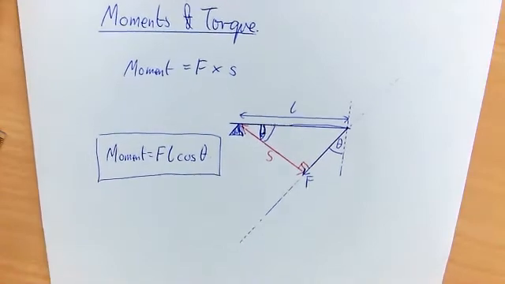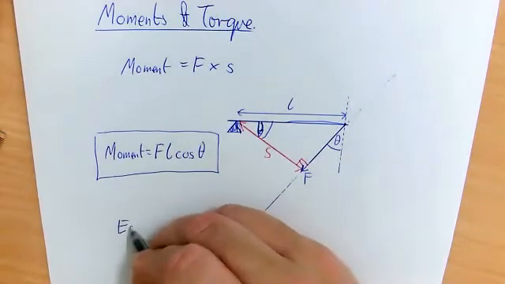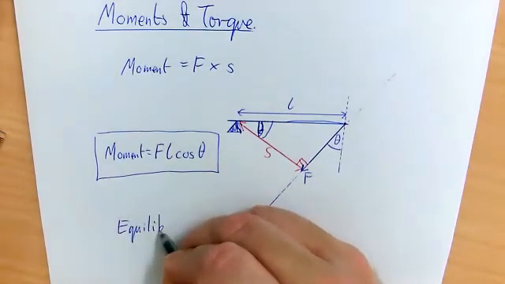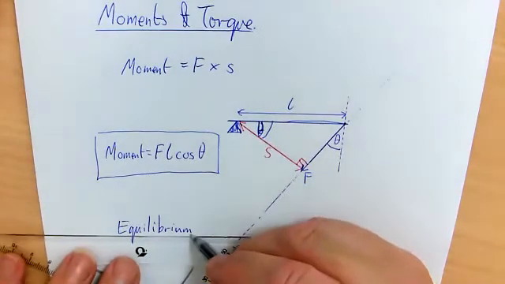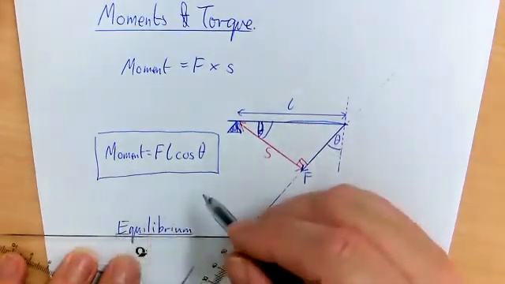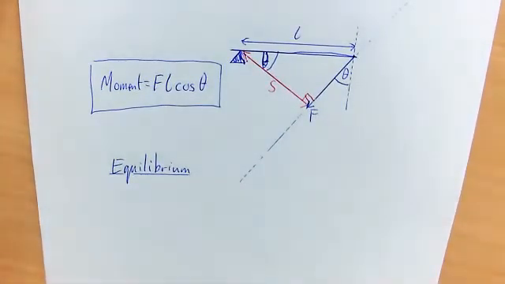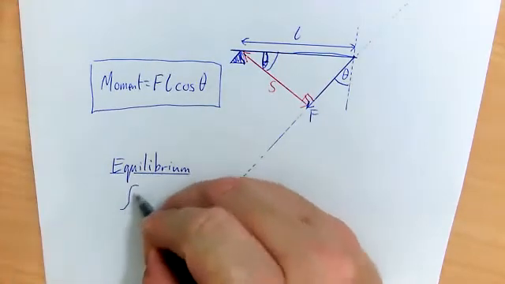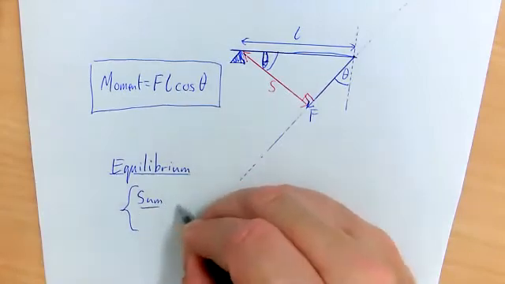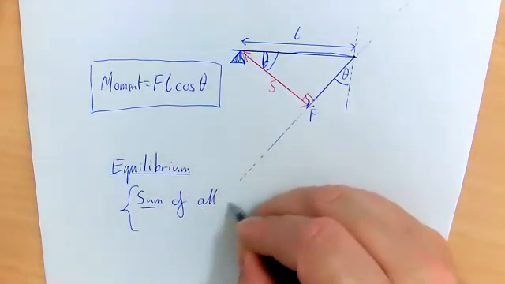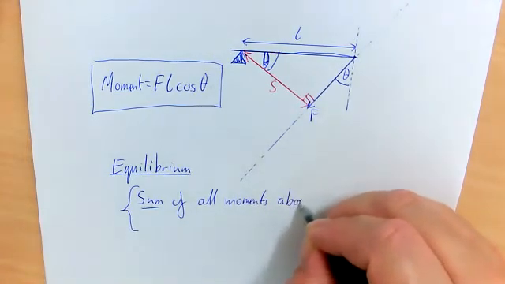The other thing that people get very confused by, well, most people get the idea about equilibrium. And it is something to remember. A couple of you kind of guessed at it. If you look up equilibrium, it basically means balance. So the thing to remember, if it's balanced, in terms of the moments, it is the sum of all moments about a pivot